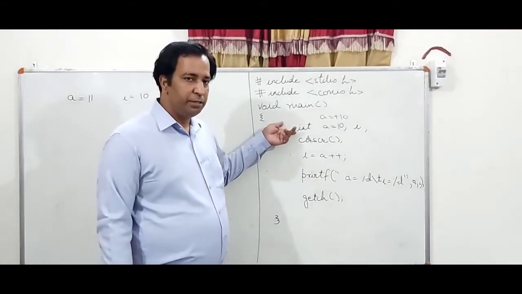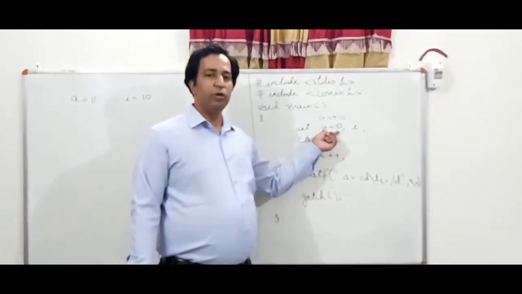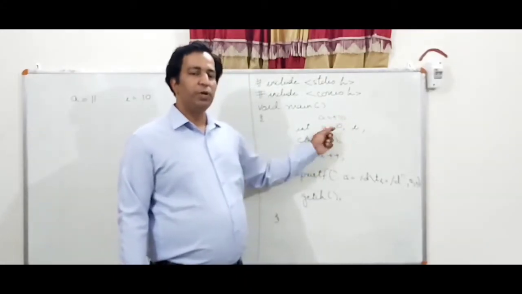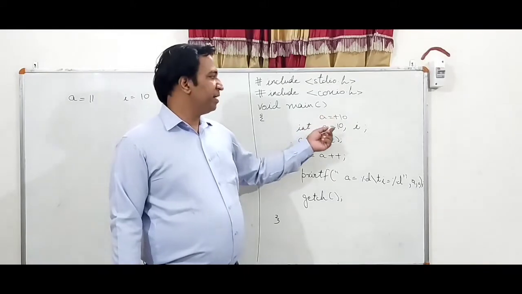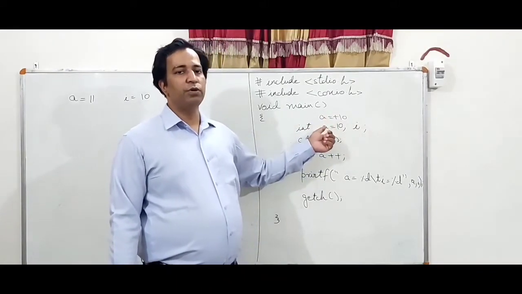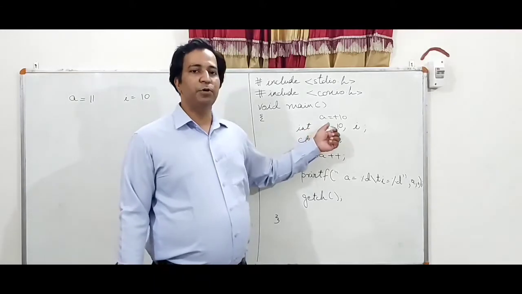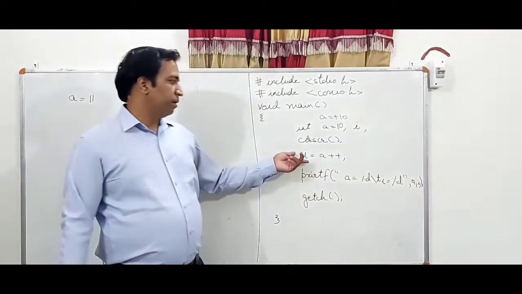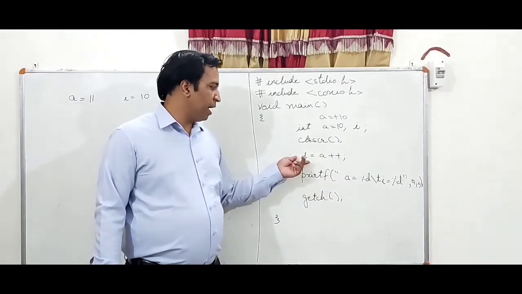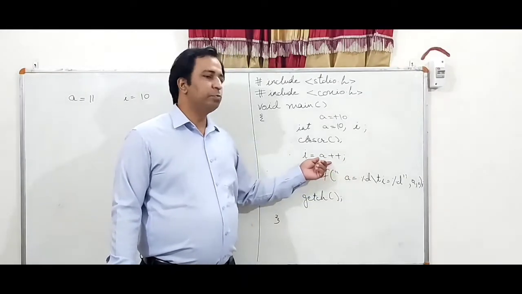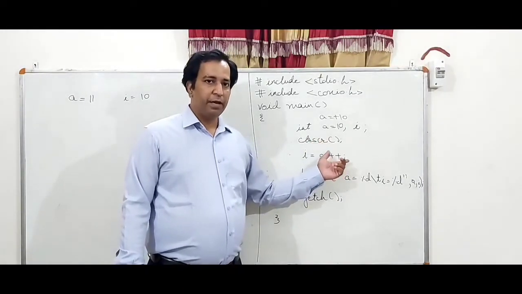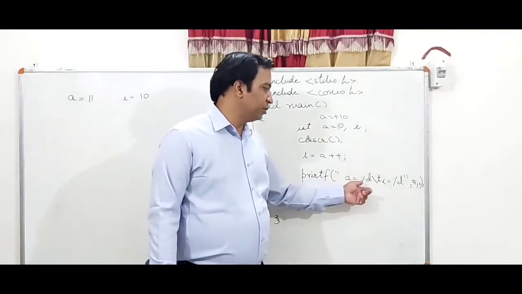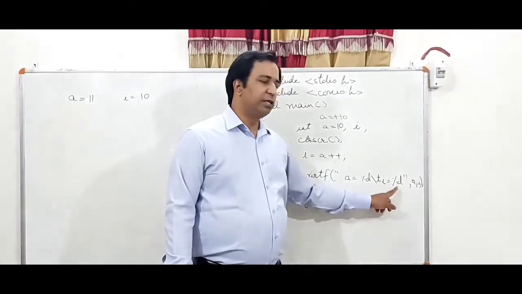Here I have taken two variables, and to one of my variables I have assigned value 10. Either I write this statement or I write this statement with plus 10, it will give me the same results, because by default the value that you assign to your variable will be treated as positive. There is another variable I have taken for my program. Now in the next line I have written I is equal to a plus plus. This is the post incremental operator, right? If you see the printf statement, here I have written a is equal to %d, backslash t, I is equal to %d.